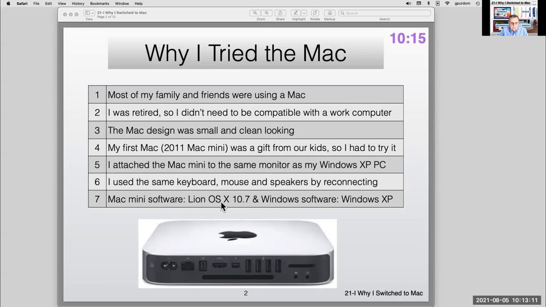OS 10.7, which is called Lion. And that was the first distribution of software that Apple made that didn't come on a disk. It was only a downloaded thing. Eventually, they came out with some sticks you could get it on, but this